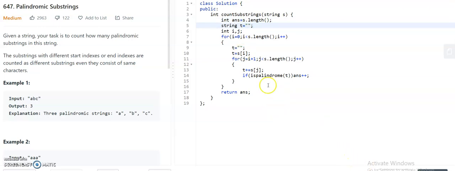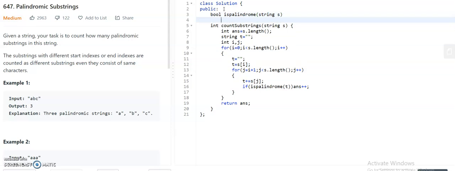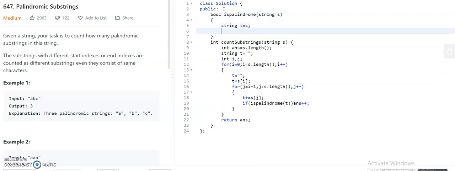So let us run this. Before that I have to write a function to check whether it is a palindrome or not. Here I am following the reverse of inbuilt function approach.